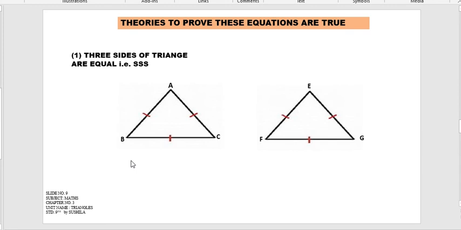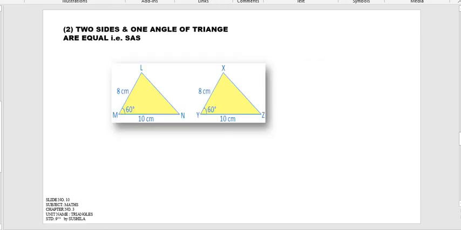In a different direction also, it may prove the same congruency of the triangles. That you have to check specifically with the specific order of the triangle. It shows the scientific approach of the subject. And you have to try to apply it in different conditions also. What will happen if it is not congruent? You can give the statement that it may or may not be congruent. If it is congruent, it means it is congruent. Here in the sides, all the sides will be equal. That is a basic concept.